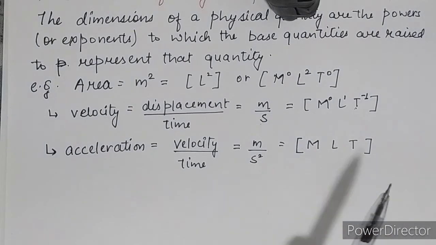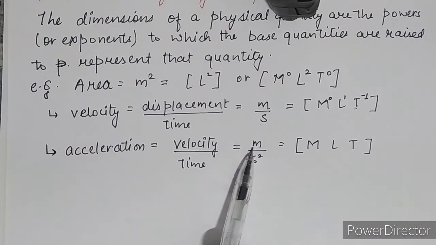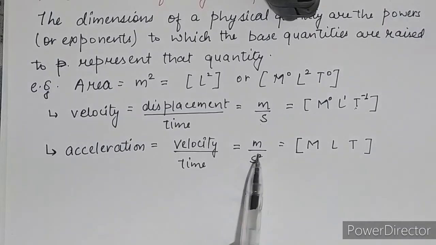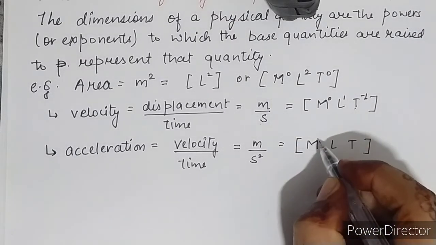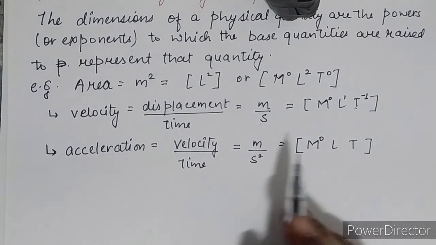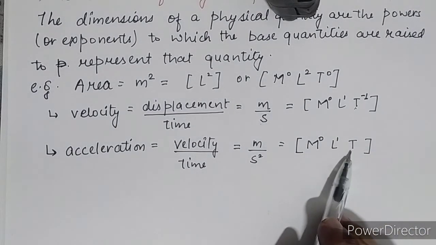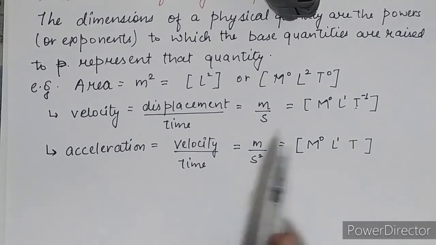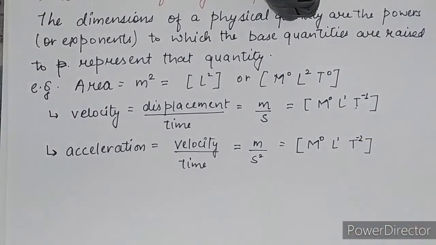No, always remember this is the unit. The unit meter is for length. Here this m is a physical quantity, the mass. Mass has the unit kilogram. Kilogram is not there in the acceleration unit, so here we have to put 0. Length, meter, m, power 1, so 1. T, time, second, second square, but in divide form it goes upside, so it will be minus 2. Clear?